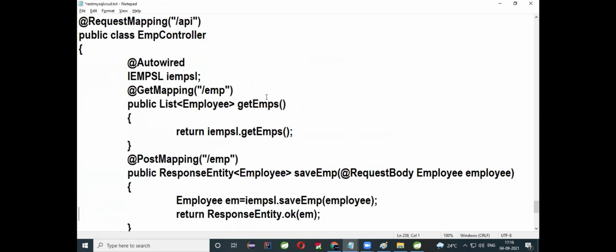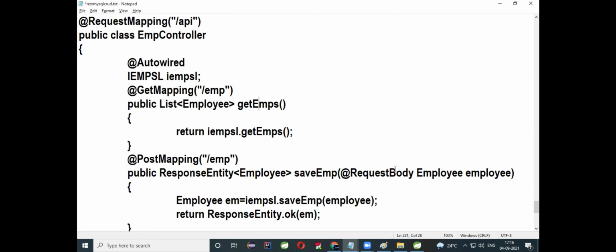Here what I will do? First of all, get EMP. I want to get all the employee details. The controller will communicate with the service layer by invoking the method, and that method will return some collection. Is it clear? And it will display the output in the browser. Get employees: if you want, you can give @ResponseBody, or by default an inbuilt response body is available here, as you have written GetMapping.